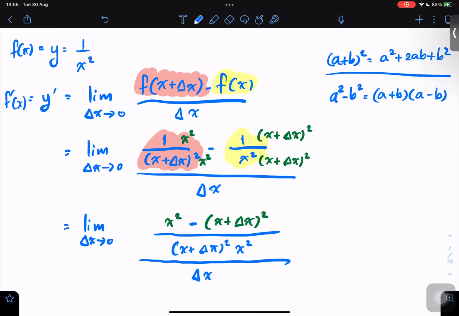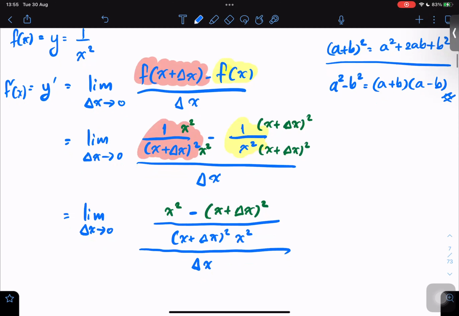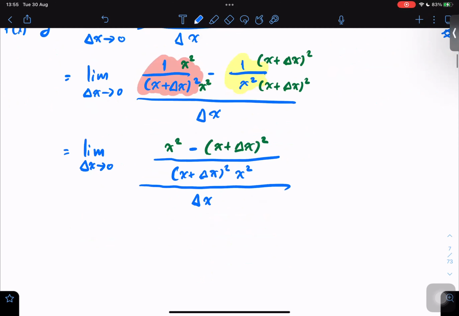I will use the second one. So in this case, a is just x squared, right? A is x, so this thing will become the limit of delta x